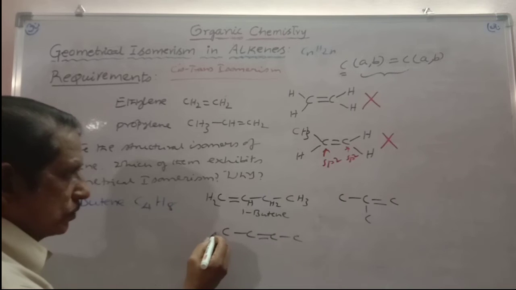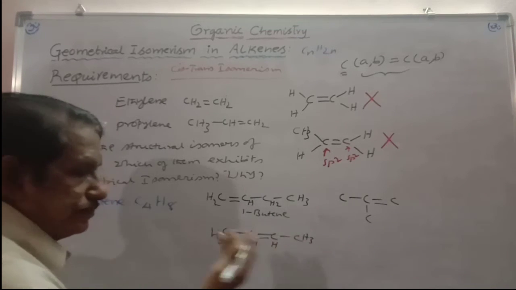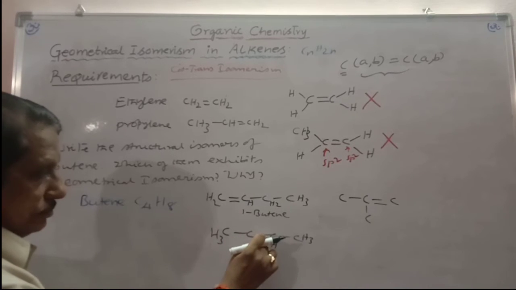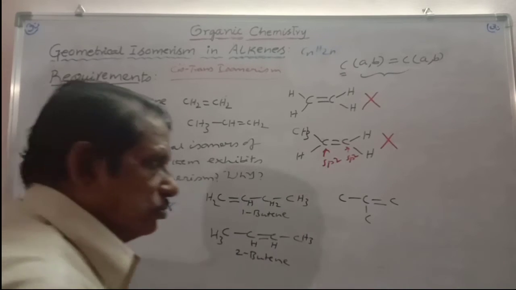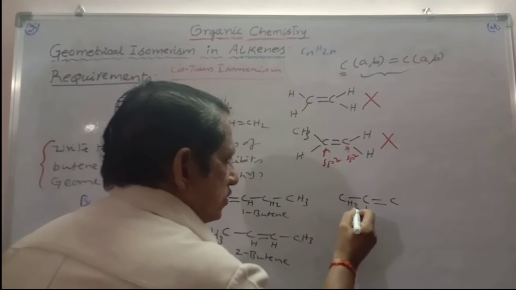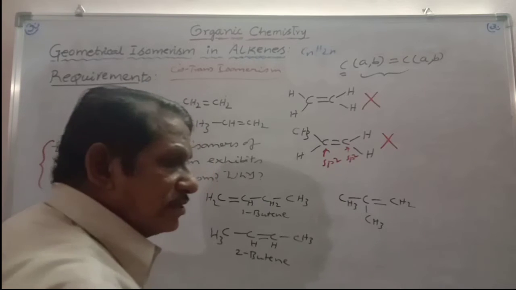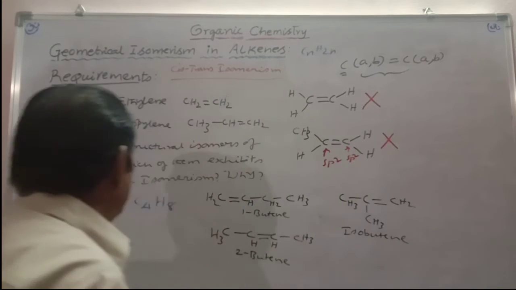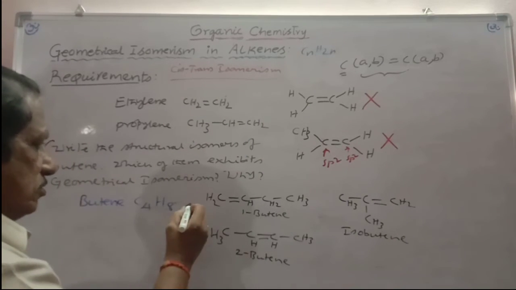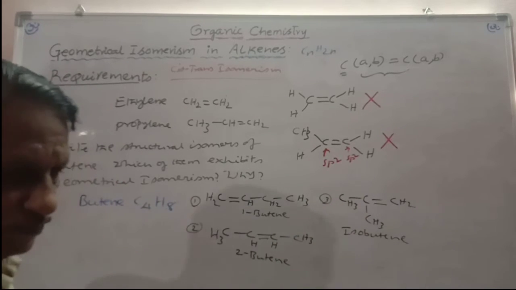The second one, CH3, single bond CH, because already three bonds are there. This also carries one hydrogen, the last one, CH3. 1, 2, second position contains pi bond, so this is 2-butene, right? And in the case of iso, this is iso group, CH3 twice C is iso group, already 4 bonds are there, this carbon carries 2 groups, this is 2-methylpropene, or which you call isobutene. So, write the structural isomers means these are the structural isomers, 1, 2, 3. These are the structural isomers for butene, right?